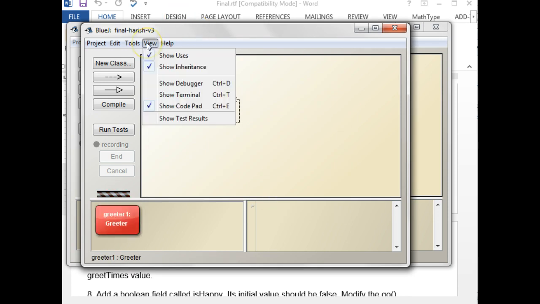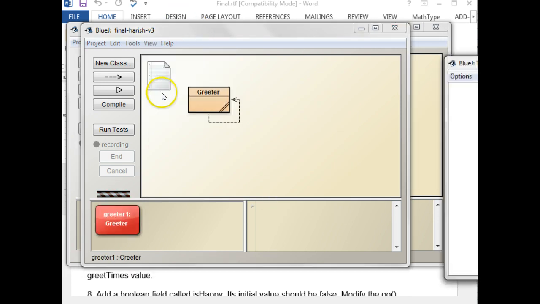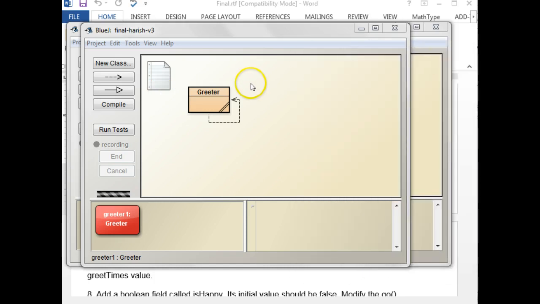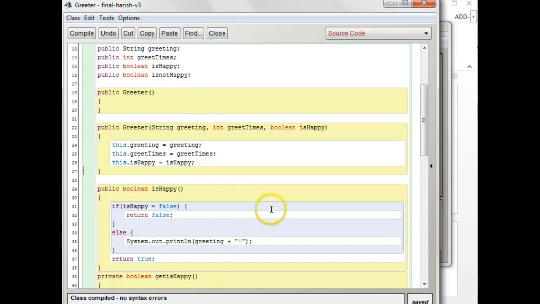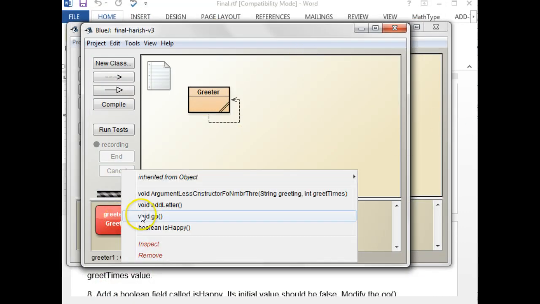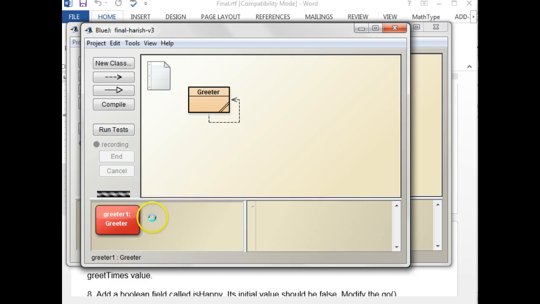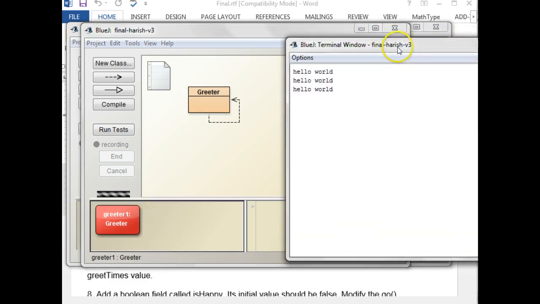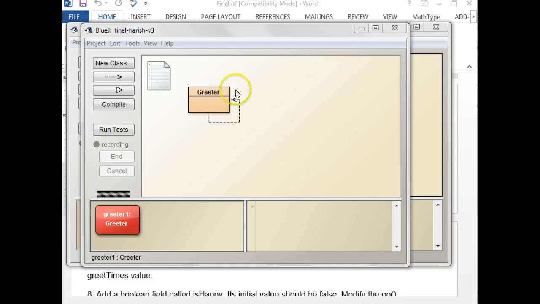You can't see my, show terminal. Oh, I don't see anything. So let's see what's going on here. Oh, because I didn't say go yet, did I? Go. There we go. Oh, there we go. 3 times. Good. Hello world. So